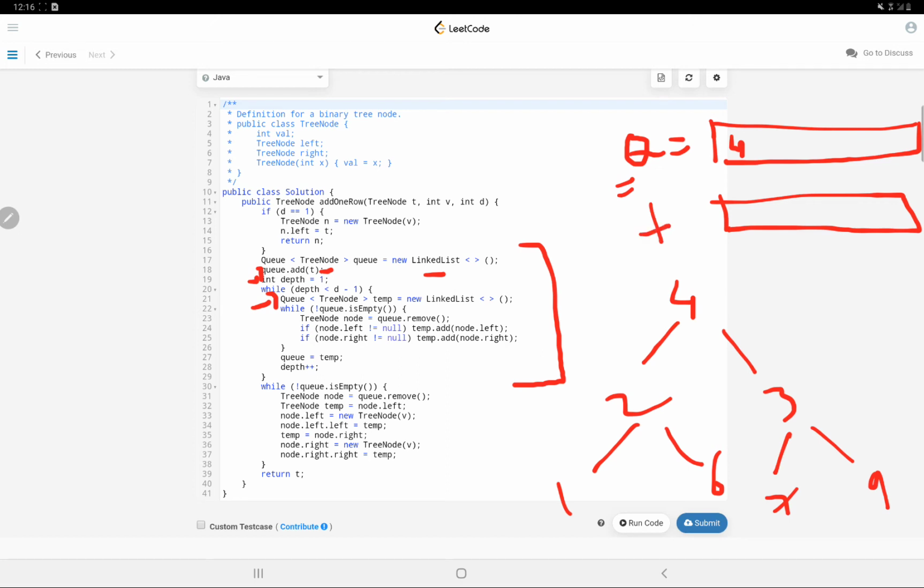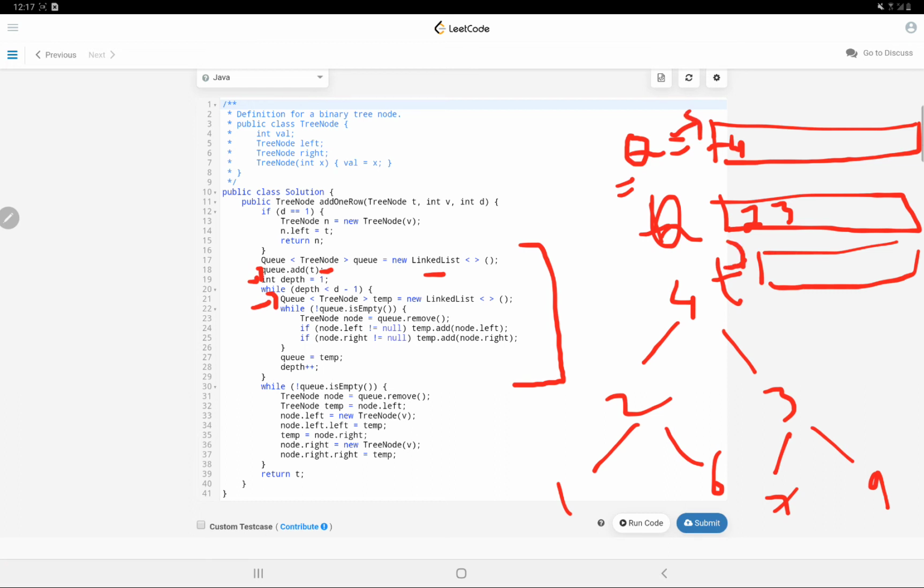All right, so when we remove 4 from the queue, 2 3 will be added to the new queue, and then this queue becomes our main queue, and t will be initialized. So at every while loop we are storing the current level as well as the next level.